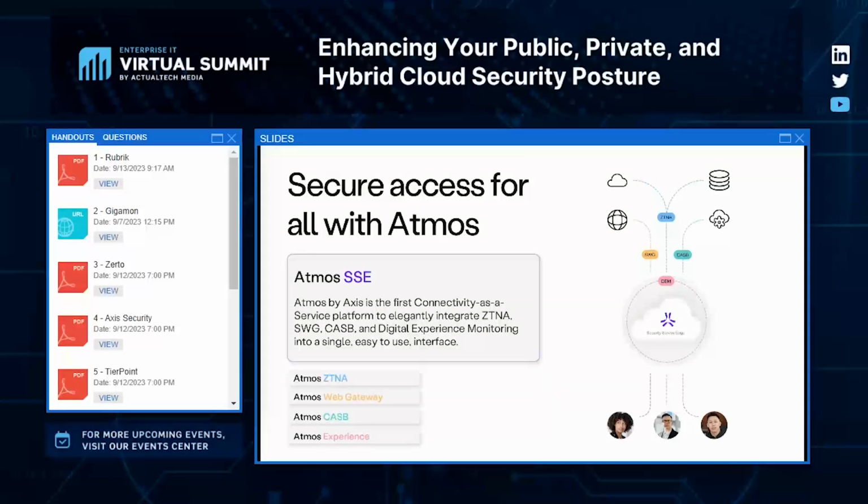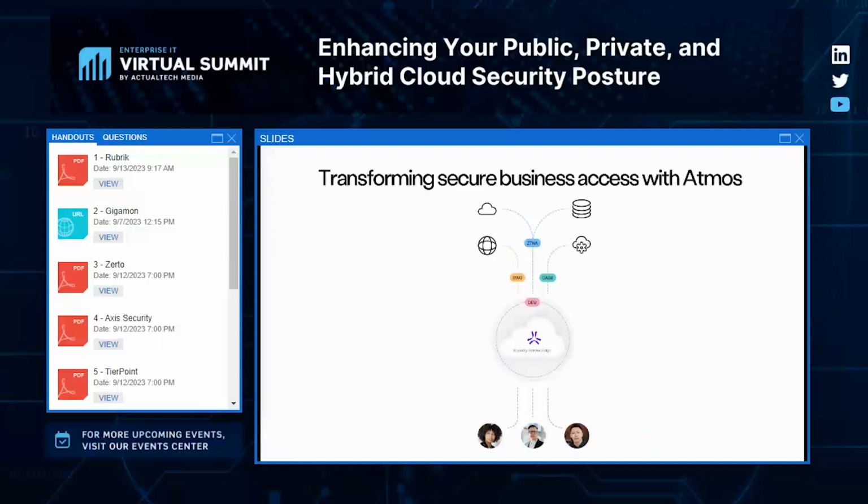Building on this concept of adaptive trust, Axis provides global reach with over 700 edges for services like SWG, CASB and ZTNA. It brings together what were previously individual point product solutions into a single integrated platform delivered via the public cloud. This enables secure access for remote users, office workers, and those critical third-party and contractor resources. So let's break down some of the SSE elements and talk about how we have implemented them within Atmos.